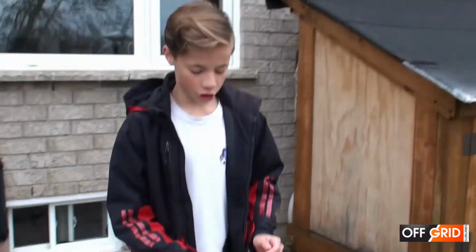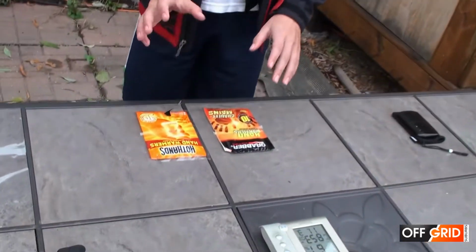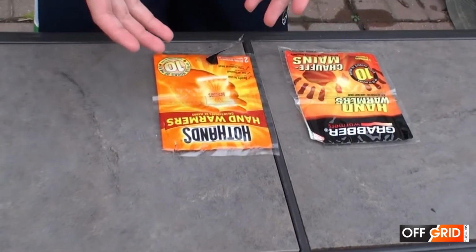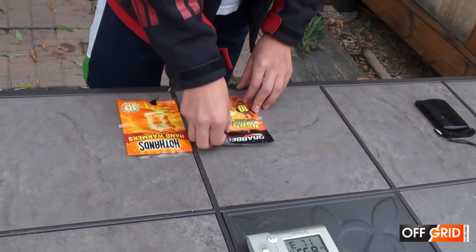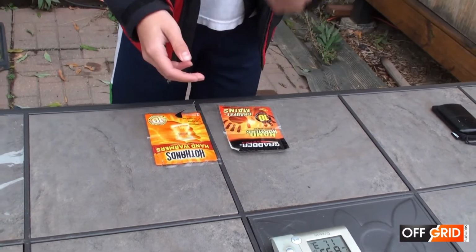Next, we have the dry chemical reactions. We have 2, the grabbers and the hot hands. Most people say that the hot hands are the better ones, so we're gonna try it out. So, grab it, shake it,